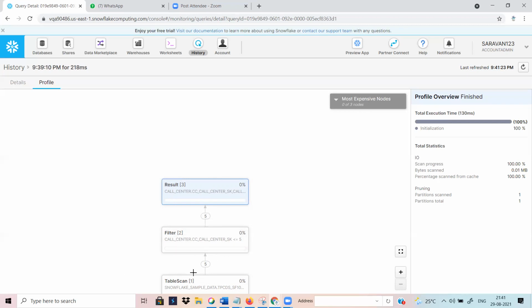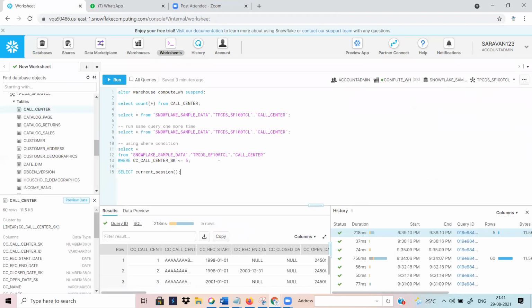But this is a big advantage, because when you run the query the first time, it is getting from the remote storage, and the cost is something. But when we run the query again, with the same syntax, the same column names, the same table data, it is getting directly from the result cache.